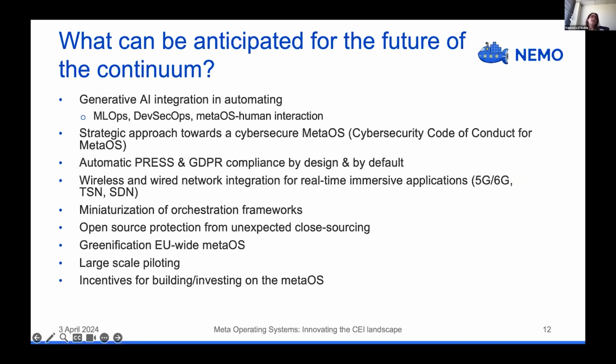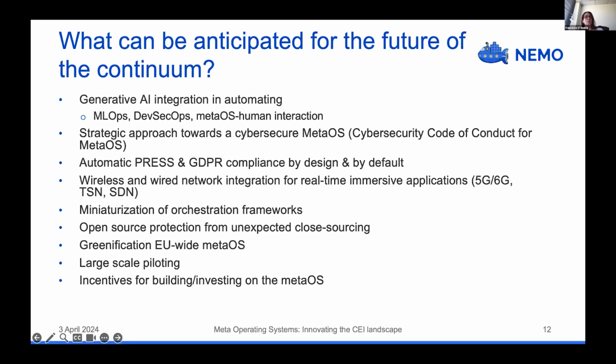The first we have identified relates to generative AI. It is now, I would say, realizing a big penetration in several domains in software development, and we could also think of this being integrated for automating and facilitating the interaction between humans and MetaOS,